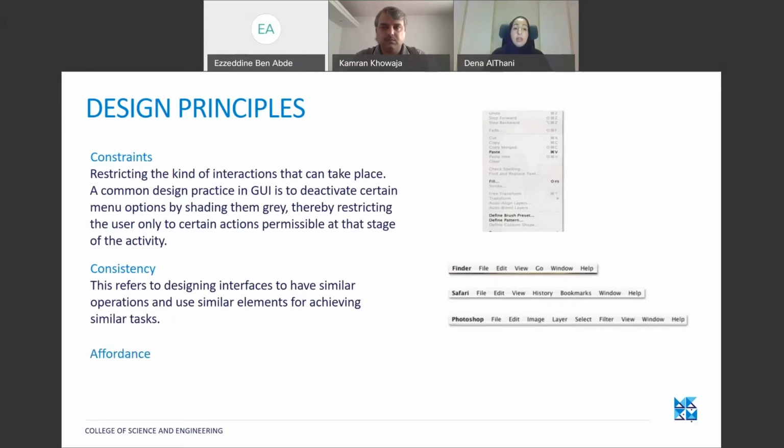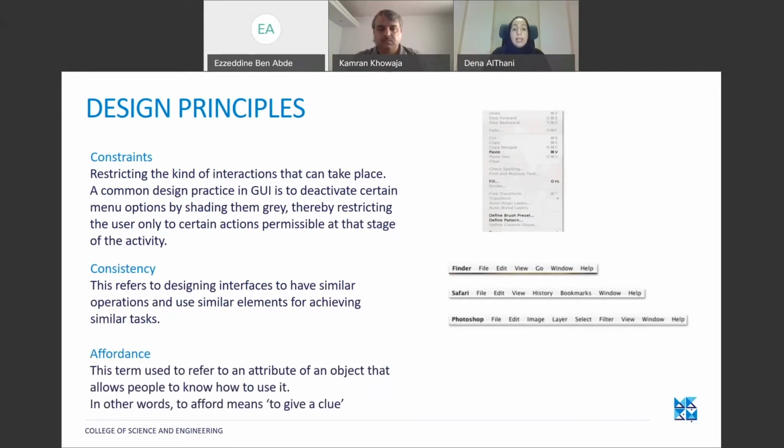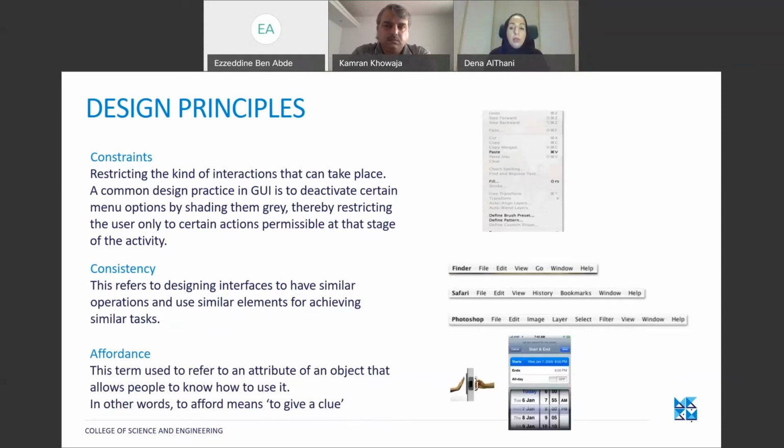Affordance is again a very important design principle, and it tells us that if I see a button, I would automatically think that I need to click it. So there should be a clue in an object about what the action would be. For example, a door: you would know when to pull a door and when to push a door. So the clue is very clear from the design of this product. Similarly, with such an old design, in